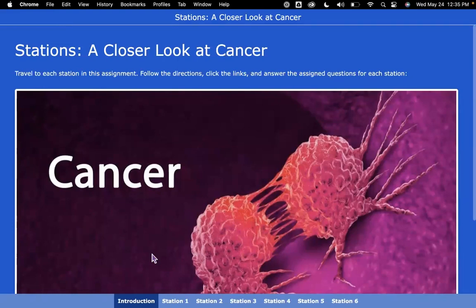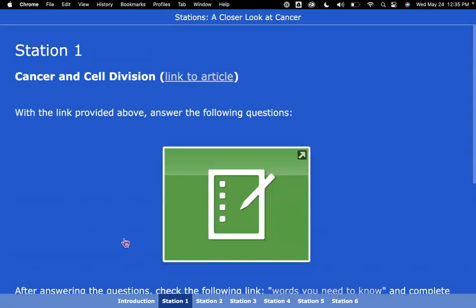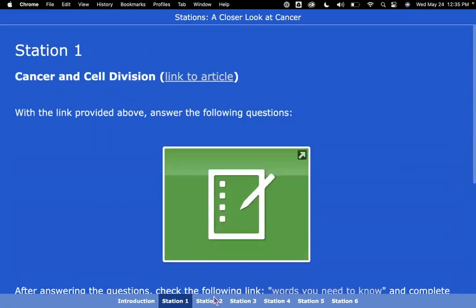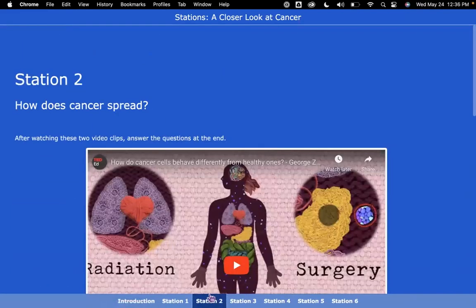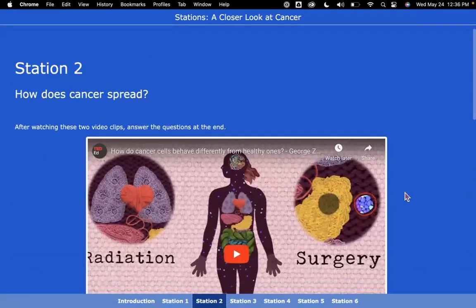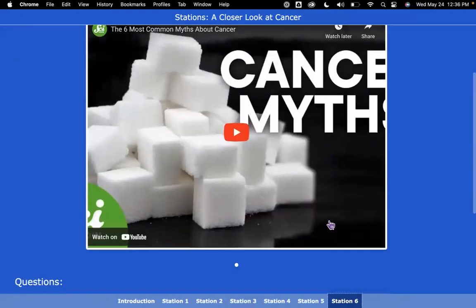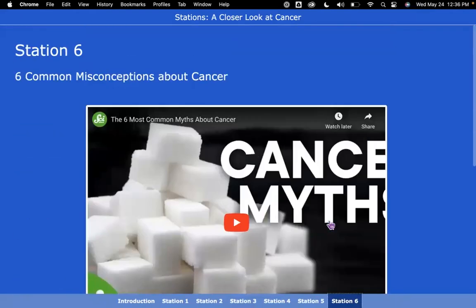This widget, WebQuest, is stations. So with a large class, I've created 5 stations. I'm going to have 5 students at each station, and they're going to be rotating through the stations. These stations don't have to be done in any sequential order, so I can divide up my class and have those rotation stations in elementary or primary levels. A lot of teachers have rotation stations in their classrooms, so this might be something great for you to do